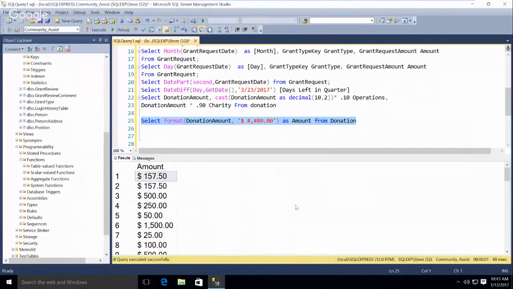The format here is really nice, but it only works on numbers. So when I talked about formatting something like a phone number, it won't work on that because I always enter phone numbers as character types.